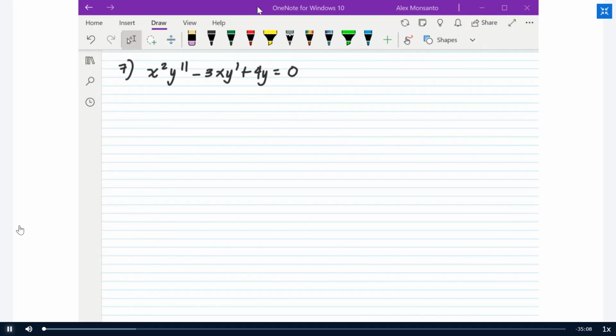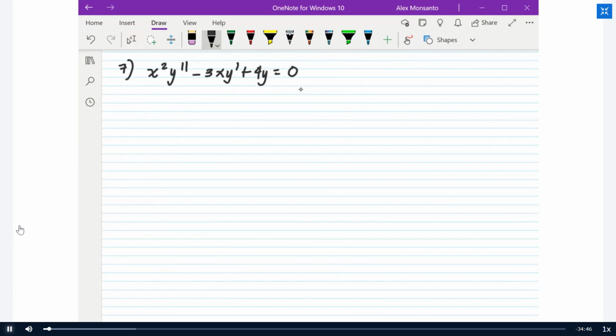Now let's continue our problem solving, but this time we are going to solve some Euler-Cauchy equations and special second order differential equations. So let's have this Euler-Cauchy differential equation. So we have x squared y double prime minus 3xy prime plus 4y is equal to